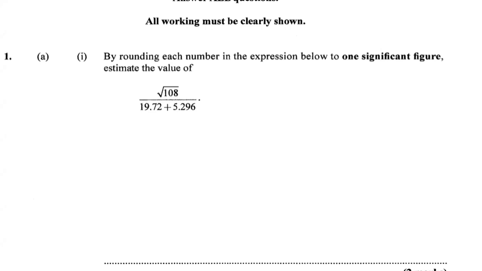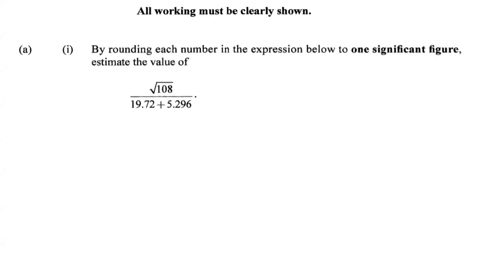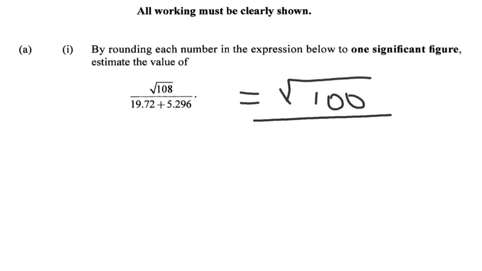So 108 would be 100 to one sig fig. So let's get that one in. So let's go square root of 100. And that's going to be over 19.72 to one sig fig is going to be 20 plus 5.296 to one sig fig is going to be